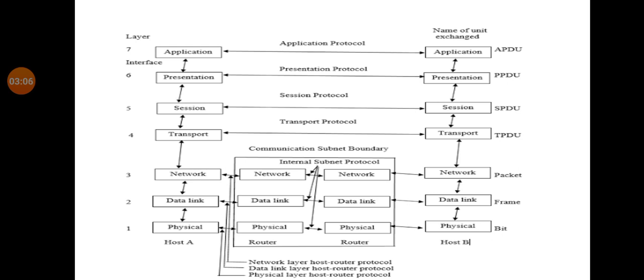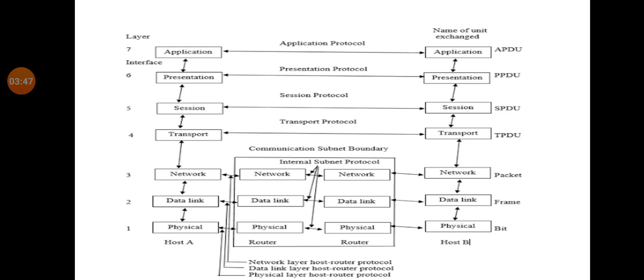Then the third function is that it is responsible for converting data bits into electrical signals. You already know that when we are performing digital communication, we can't transmit a text message directly. That text message is first converted to an electrical signal. Then that electrical signal is passed through the wire and reaches the destination. So our text message is converted into an electrical signal by the physical layer.